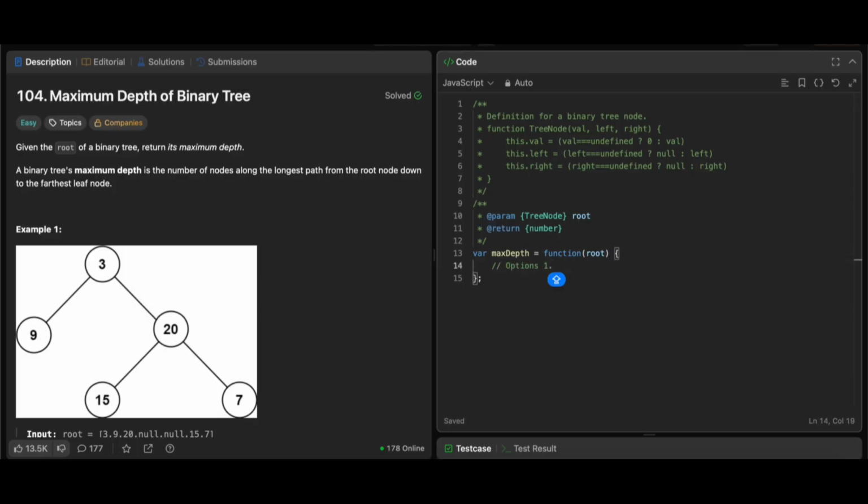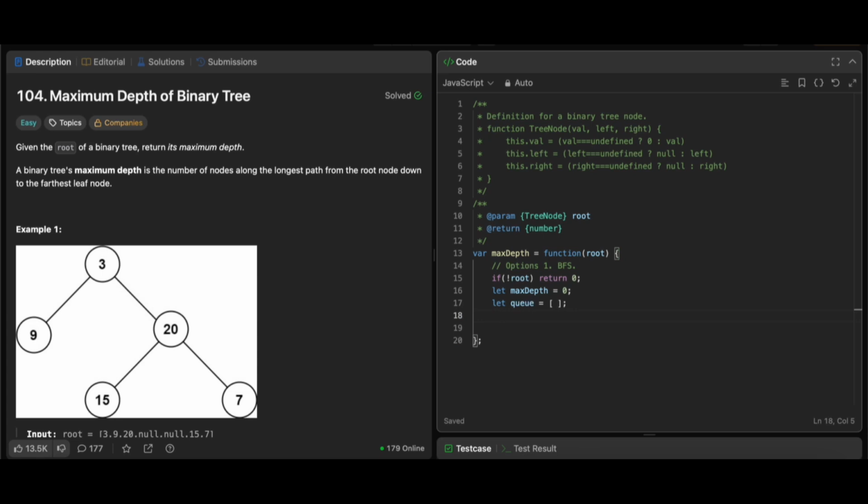Option 1 is BFS. If the root is null, we just simply return 0. Then let max depth is 0. Let Q. Can we use new Q? I think using array is fine.